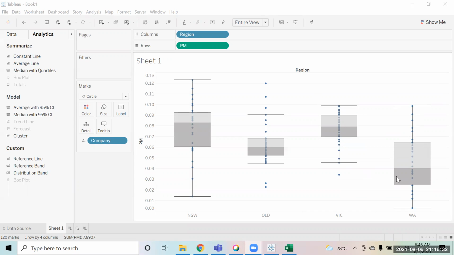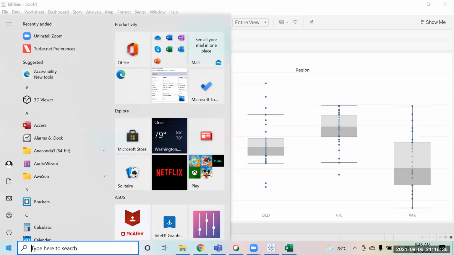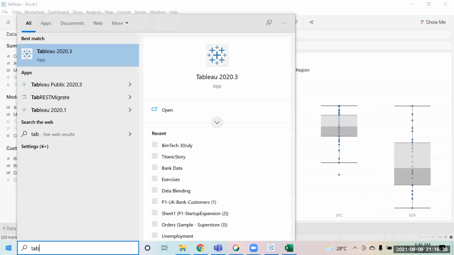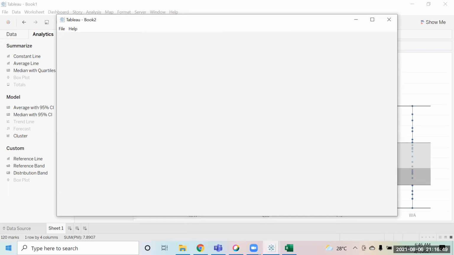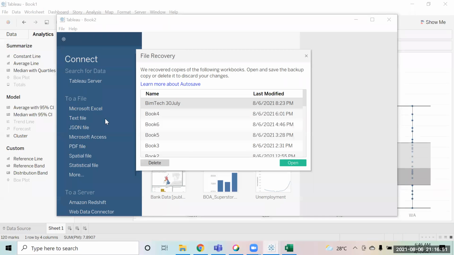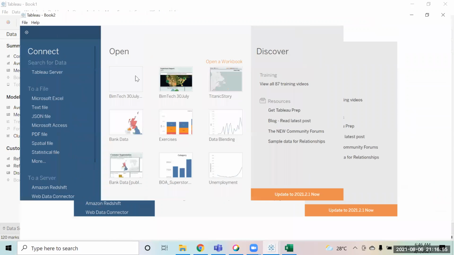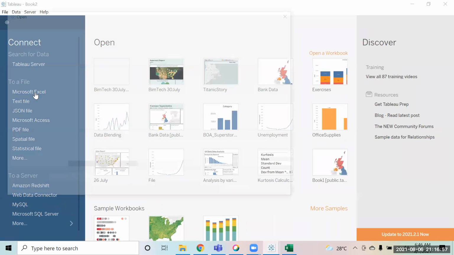Okay. Now, just one last little thing that I would like to discuss over here in Tableau. I'm just opening a new file. In Tableau, we have a feature of creating an animation chart. An animation chart is a chart that has some movement in it, right? So I'll show you what I mean by that.